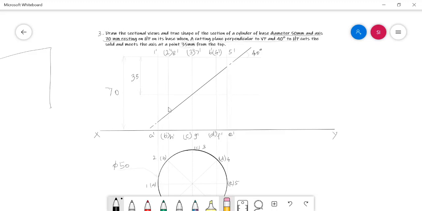generators. In the previous problems, we worked with polyhedrons, that is prisms and pyramids. There, when a cutting plane is cutting an edge, say it is a lateral edge or base edge, we need to avoid a cut point. Similarly, in the case of solids of revolution like cylinder and cone, in order to draw the true shape of the section and a sectional top view or front view, we need to mark the cut points whenever a cutting plane intersects with a generator line, whether in the base circle or in the lateral generators.